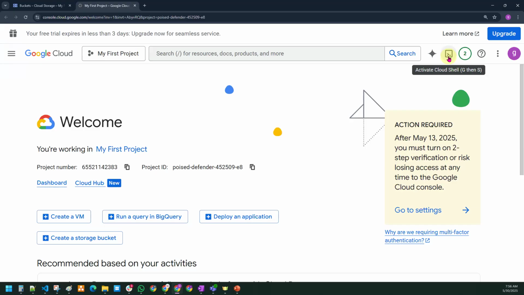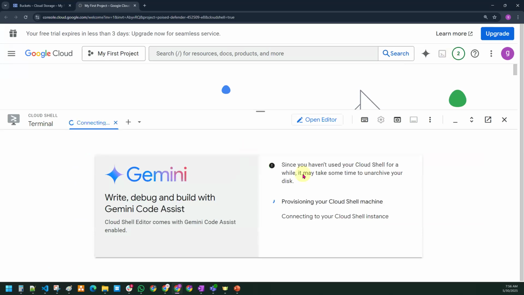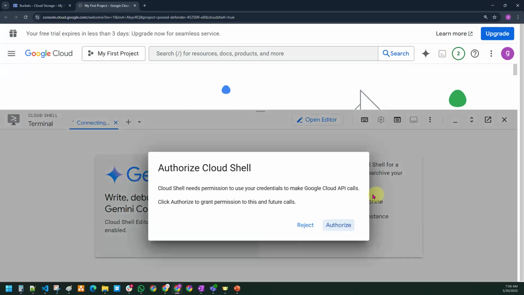Now you look here. Activate Cloud Shell button. Just click on this one. At the bottom, you are able to see that the Cloud Shell is getting activated. Click on authorize also.